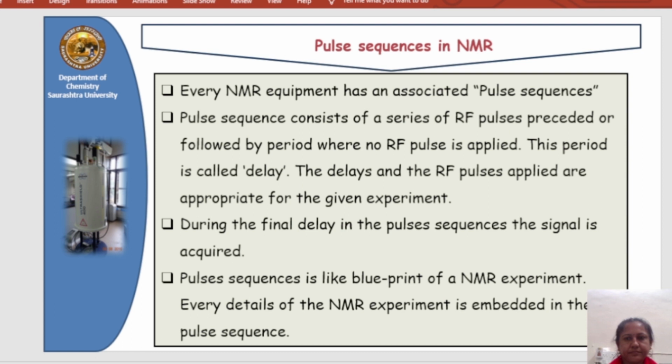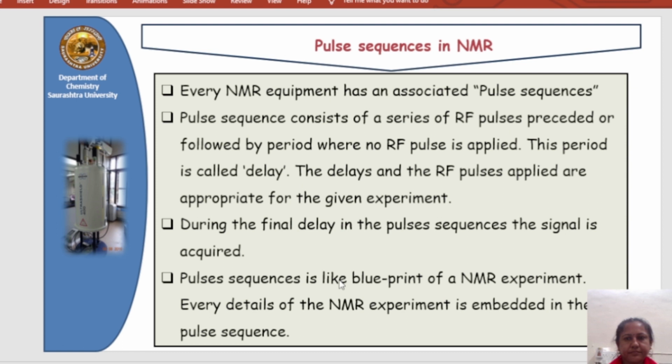Generally, it is applied as a 90 degree pulse. Why do we apply the 90 degree pulse? Because we consider that the external magnetic field we apply is in one direction, another direction is the induced magnetic field produced by the molecules due to the spinning nuclei, and third we apply the radio frequency. The radio frequency is applied perpendicular to both the external as well as the internal magnetic field. That's why we generally say that we apply the 90 degree pulse.